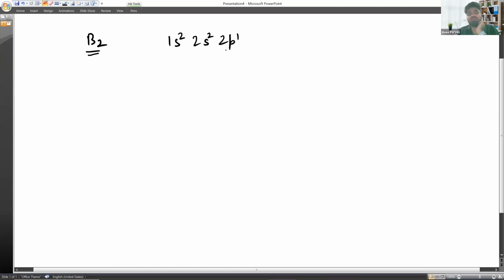And you know that in molecular orbital theory, the z-axis is considered the internuclear axis, meaning the z-axis is going to make sigma bonds. So we have sigma 1s2 and then anti-bonding sigma 1s2, then sigma 2s2, then anti-bonding 2s2. Then the 2p1 is going to make